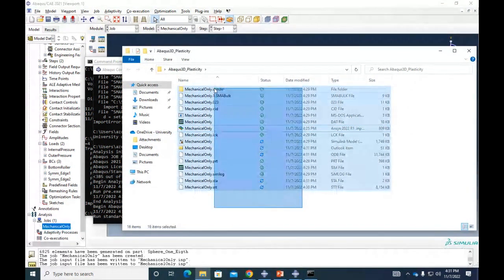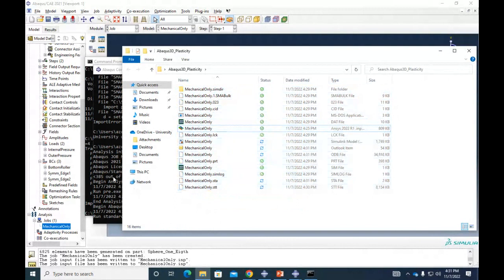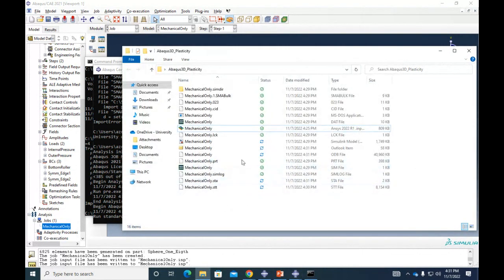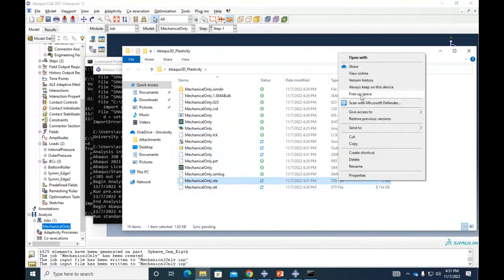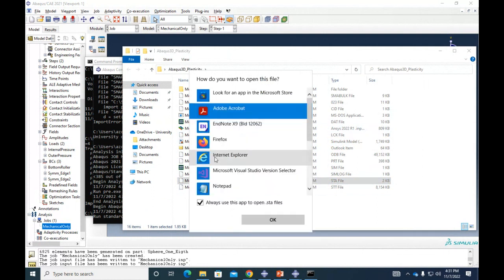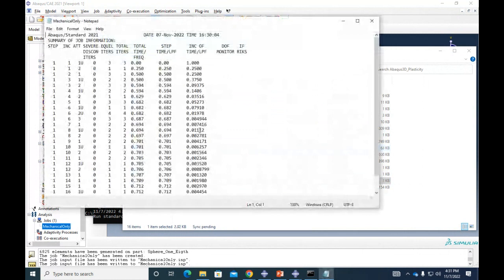If I check my folder here, it's showing me that it has created a lot of files, but it is still running. I got mine just by going to the output database and then loading it up. But it's probably not completed yet. Yeah, I can access this status file here. Is this limited by the computer or by the program? Yeah, the computer. These computers are not really fast.